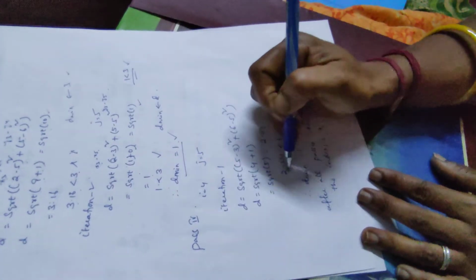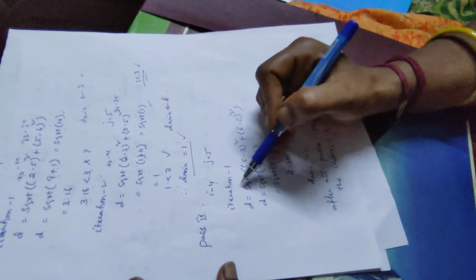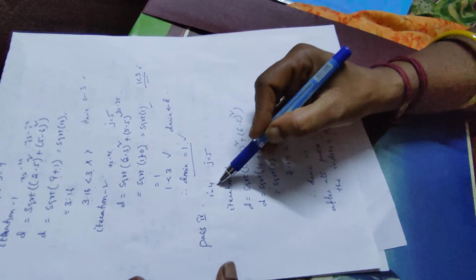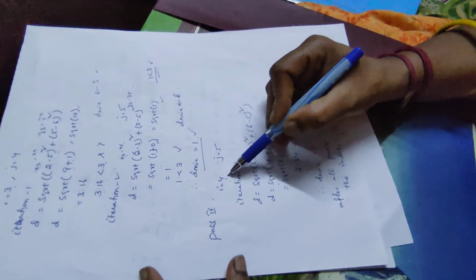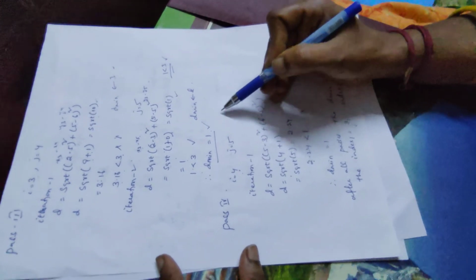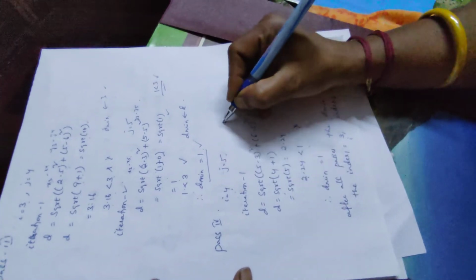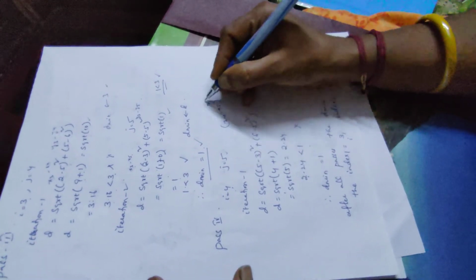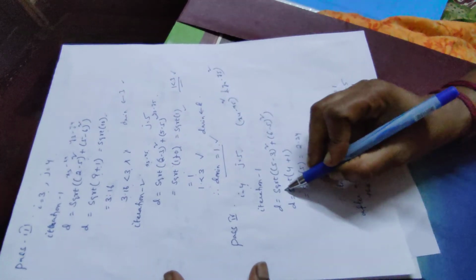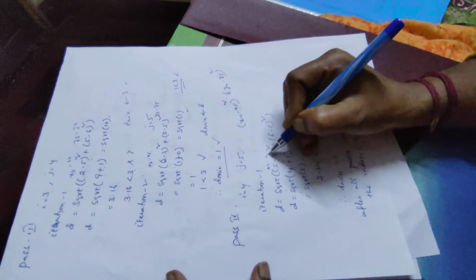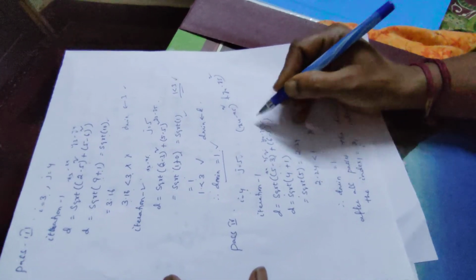So in my next pass, because I didn't terminate my i loop, right? When will your algorithm terminate, sir? It will terminate your i loop, then only your algorithm will terminate. So now i becomes 4, so your j becomes i plus 1, that equals 5. So here we have only one iteration, so that is x4 minus x5 whole square and y4 minus y5 whole square you need to find. So square root of this is x4 and this is x5, 5 minus 3 whole square, plus this is y4 and this is y5, 6 minus 1 whole square.